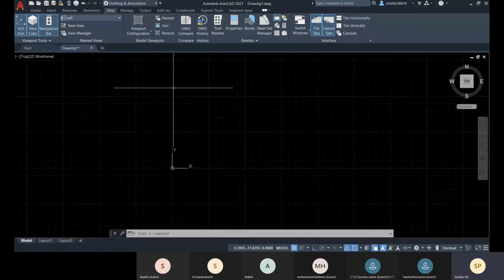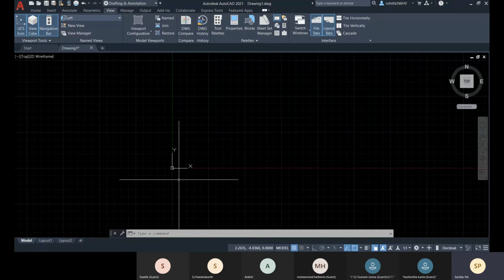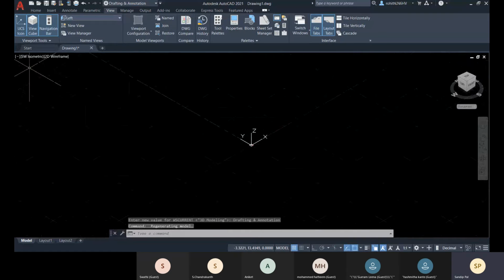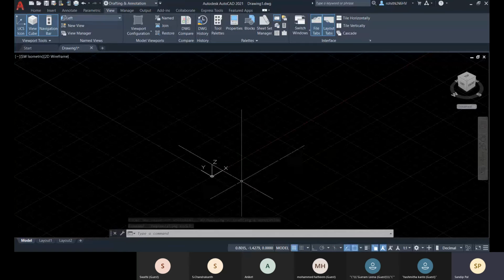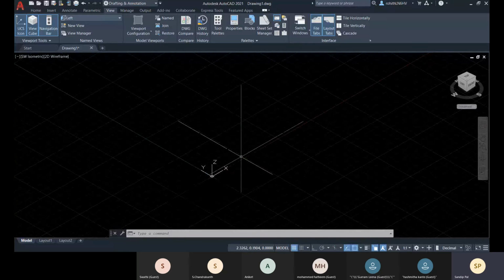Now just see that it's showing you this axis, this three dimension, x, y, and z, or you can say length, breadth, and height. So within any 3D view, you can see the three dimensions at one time.